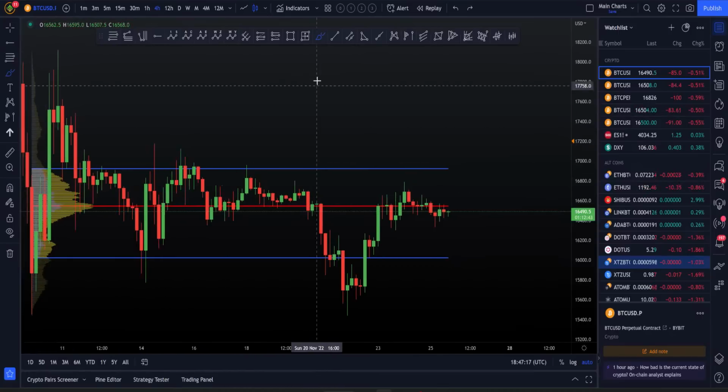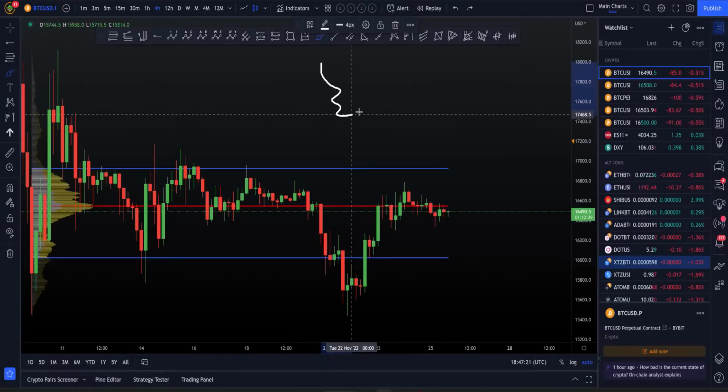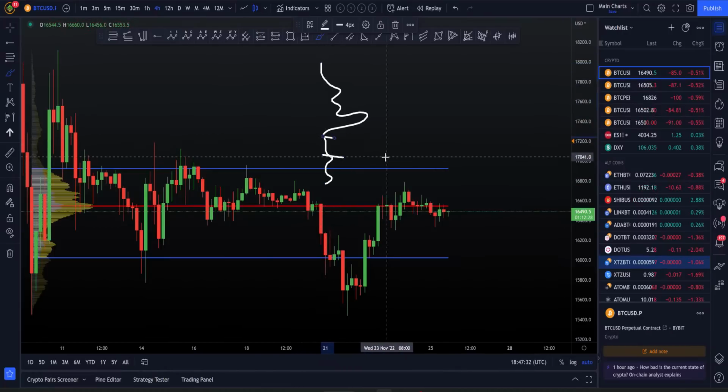If you have a low volume node, so let's say our volume profile looks like this. Point of control, and we have a really low volume node here, and then we end with a bit like this. And let's just say this is our extreme low volume node. This would be our support resistance. We would initially look at that as resistance, or if we get acceptance into this low volume node, we look for all of that to be filled. If you start to get that in single prints, even better.